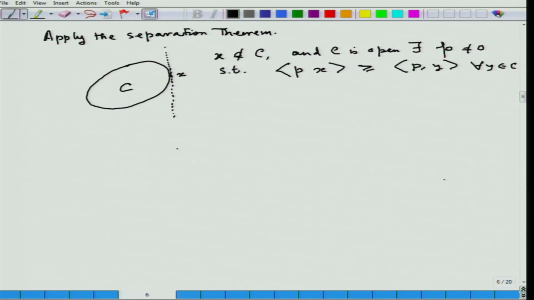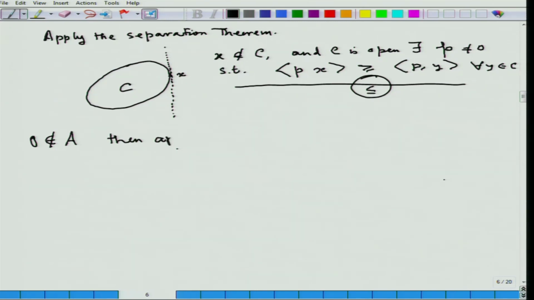You see that the open set C is actually strictly inside the hyperplane. So, what you can say is that this result will always hold true, irrespective of whether your set is open or closed. So, this sort of separation, the standard separation, will always hold true. Of course, this inequality can be reversed also, it is up to you. So, now here we do not have 0 in A. So, then applying separation theorem,